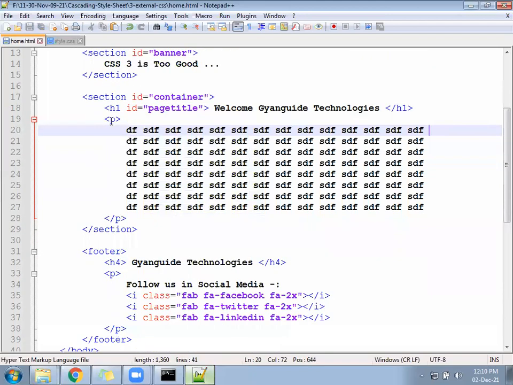It should generate 2-3 lines. Now the text is coming.